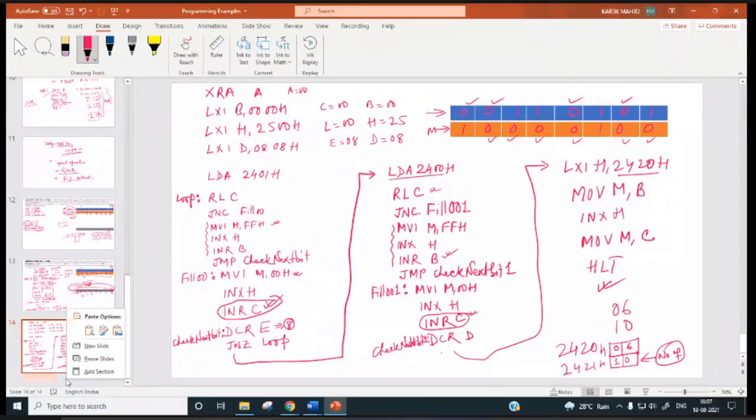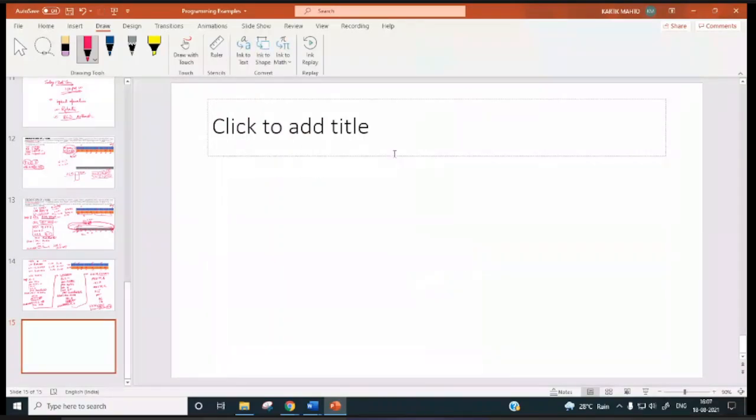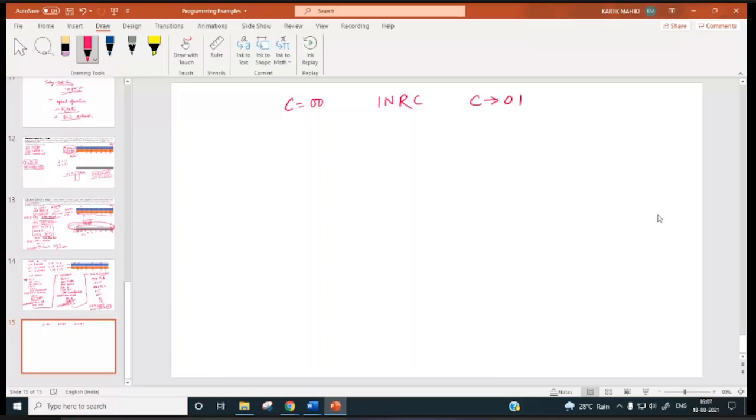So now let us see this. C register is 00, INR C. C content will become 01, INR C. C content will become 02, INR C. C content will become 03.